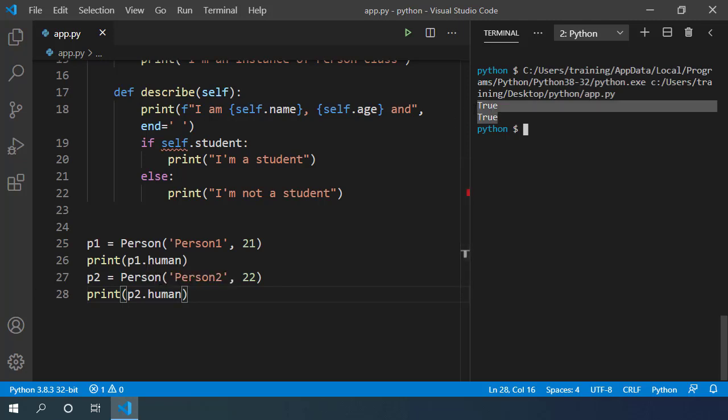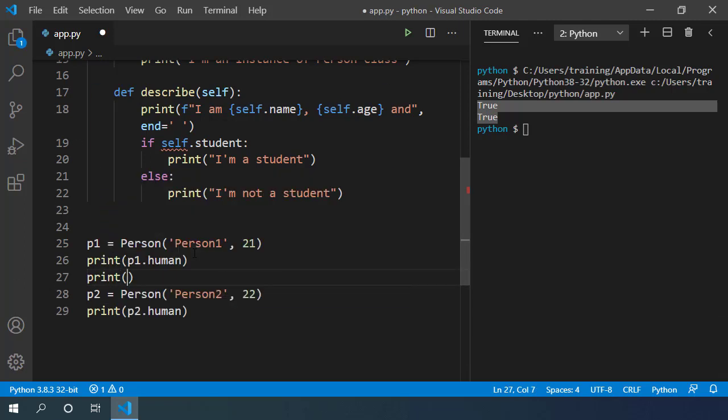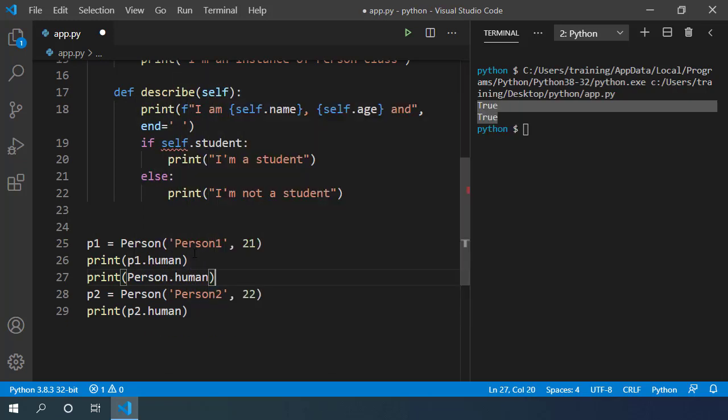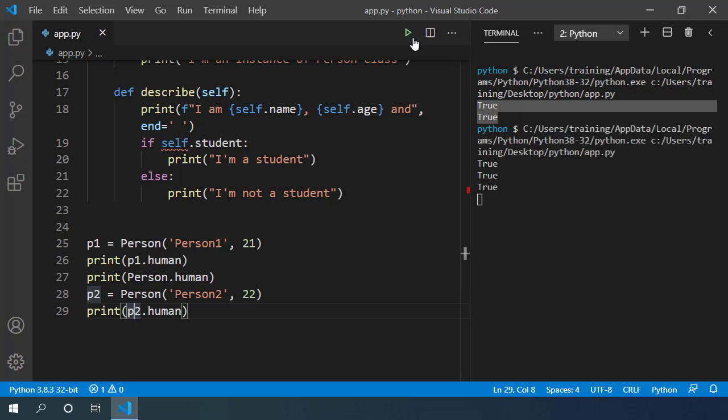We saw similar behavior with our name attribute when it was defined outside the __init__ method in the last video. But we can also write Person.human to access this class level property. So let's try printing its value in between these two print statements. And sure, it does print True.